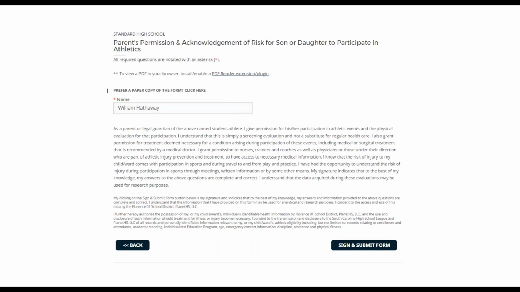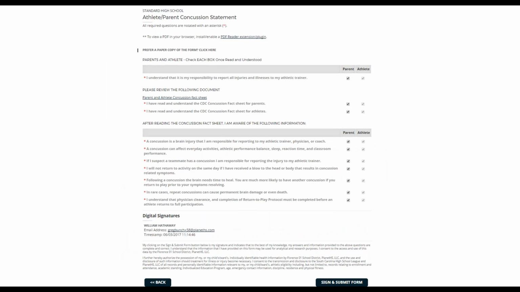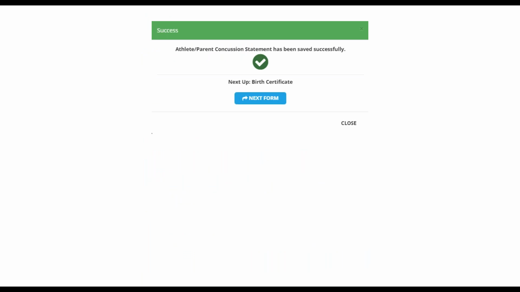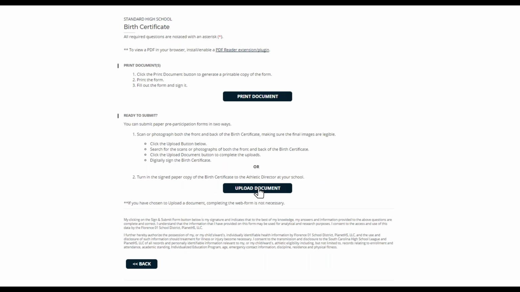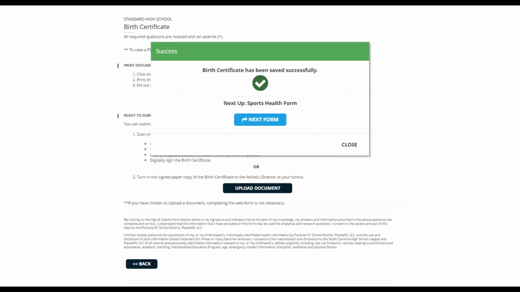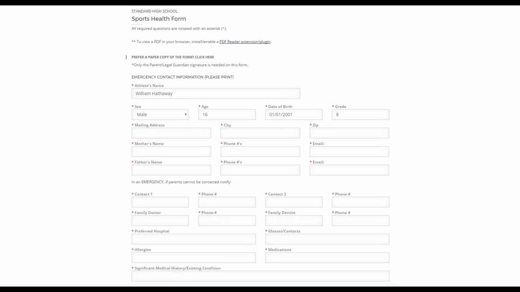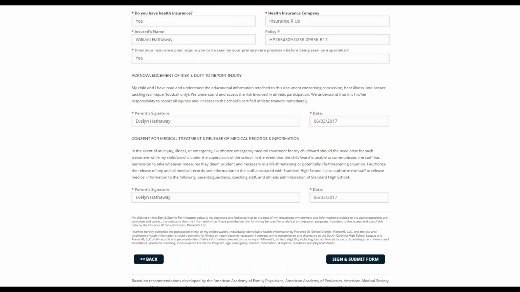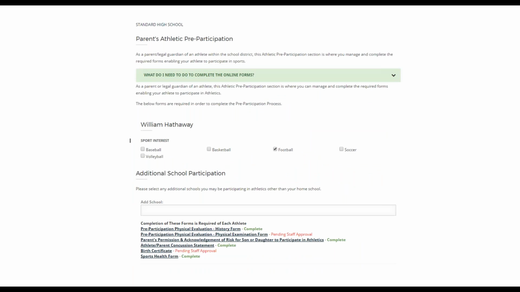So we're going to go ahead and make sure that we give, as a parent, our permission that they can play this particular sport, and so on and so forth. We can see on the concussion section, the parents would need to make sure that they checkbox this, sign and submit the forms, upload in the birth certificate like before. So this is all information that can be done on the parent's side